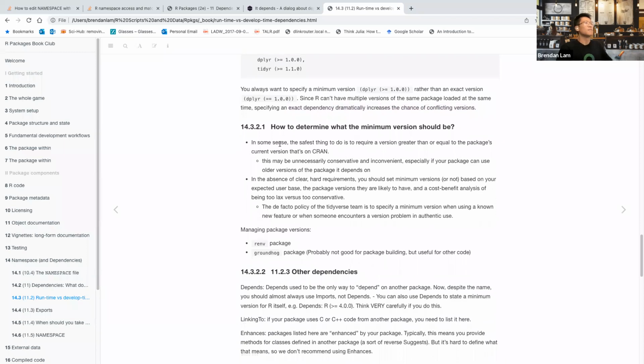And so, I guess it's the way they talk about it in the text. It's a bit more of an art rather than a science to determine what the minimum version should be, although they give some, I think, concrete and handy guidelines. So the safest thing to do is to require a version greater than or equal to the package's current version that's on CRAN. But it may be very conservative or inconvenient,